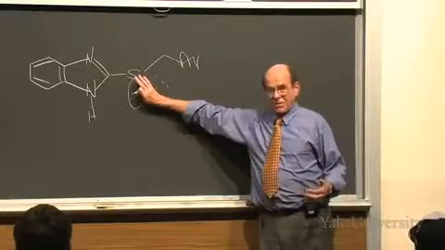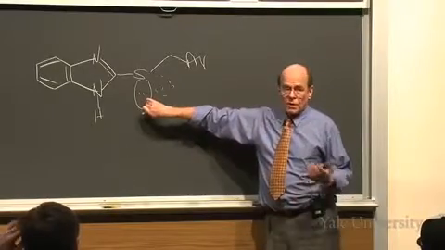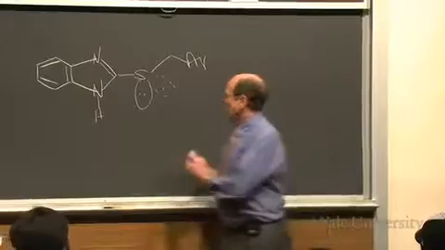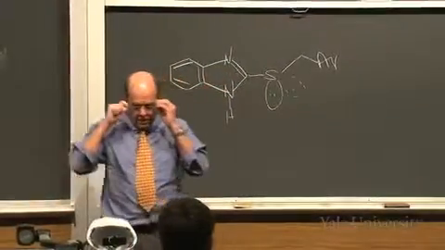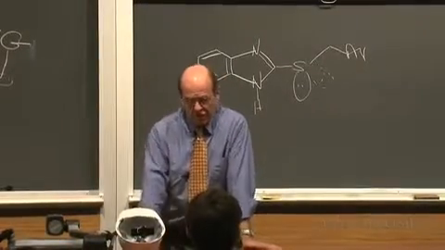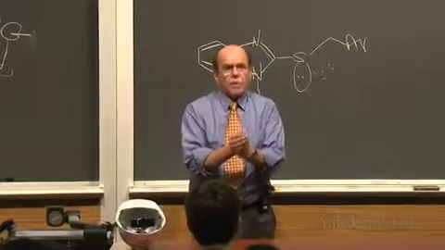This isn't flat to start with, but now we have these pairs. If you put something here, you get one enantiomer. Put something there, you get the other. So the idea was to try to get, and Kagan had done this. He's a fellow who could have won the Nobel Prize. I thought he should have, but he's in France, and he had done a lot of great work in asymmetric chemistry,